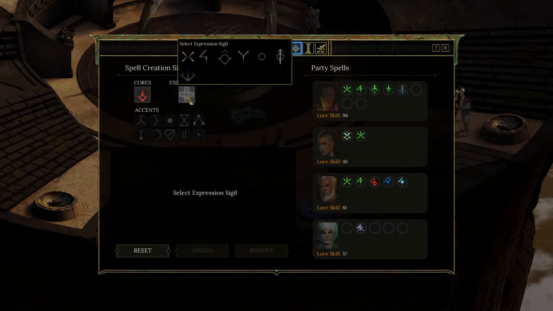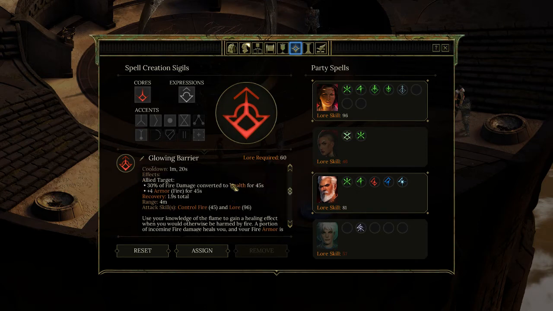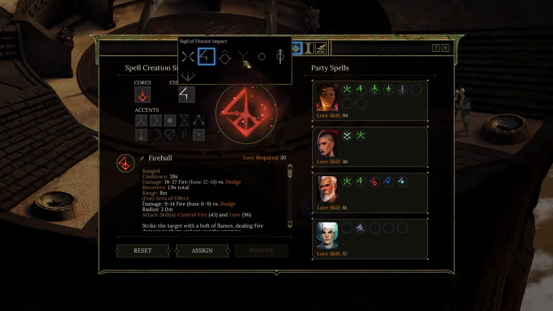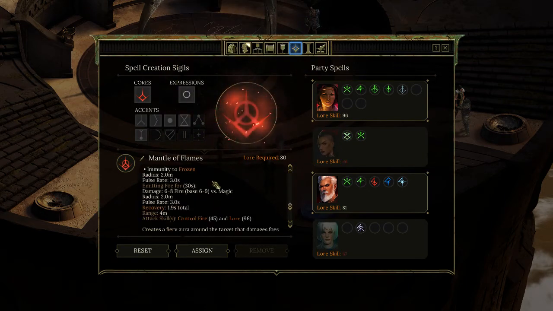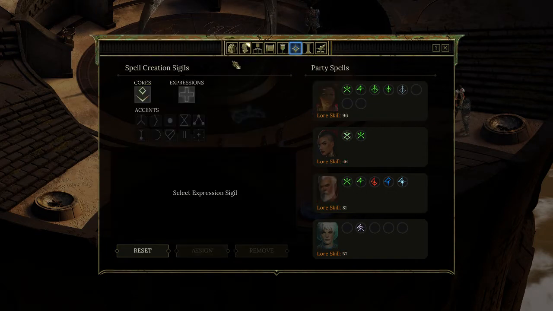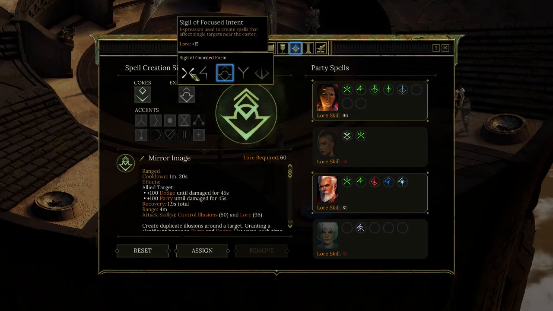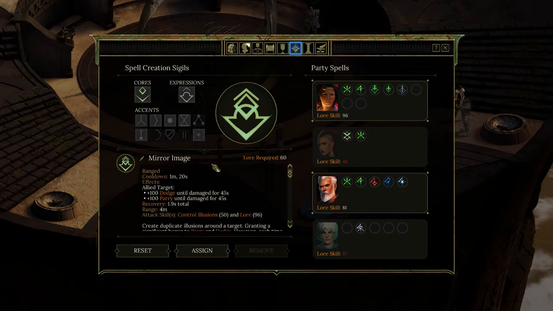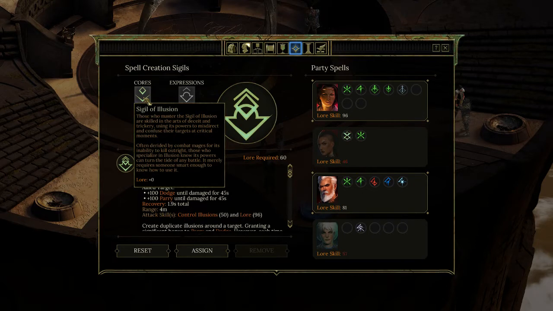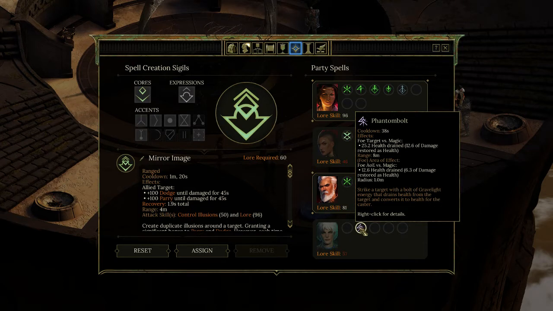Alright, here's one I know I want. I should put Mantle of Flames on her. No, wait, I know which one I was gonna make earlier. Hold on. Not that. Not that. Not that. This one. Mirror Image. You could also put it on a damage spell. Well, you can only put it on Tyrannis or illusion spells. Right now, I don't have the sigil of Tyrannis, so I can't make Tyrannis spells. That's the Gravelight, I think. She's got a Tyrannis spell right here, but I can't modify it because...